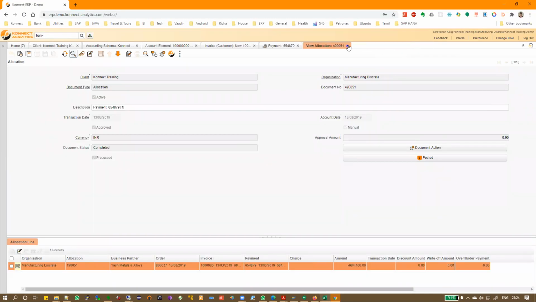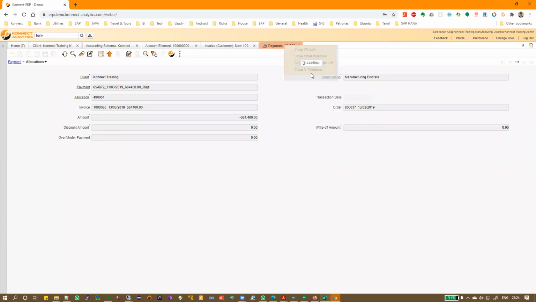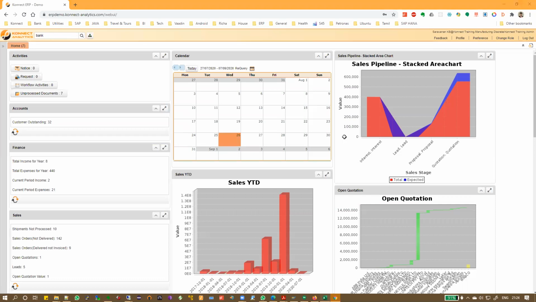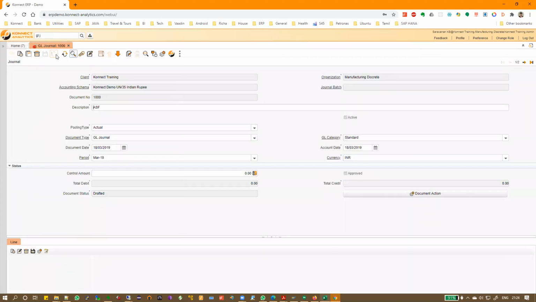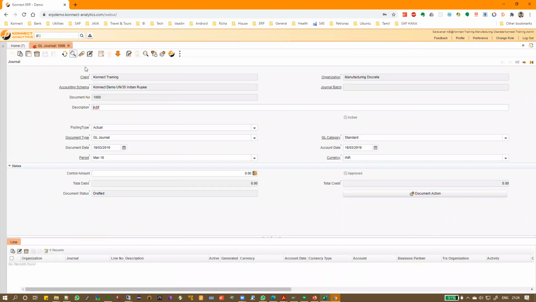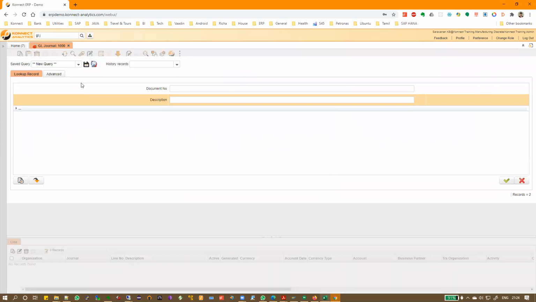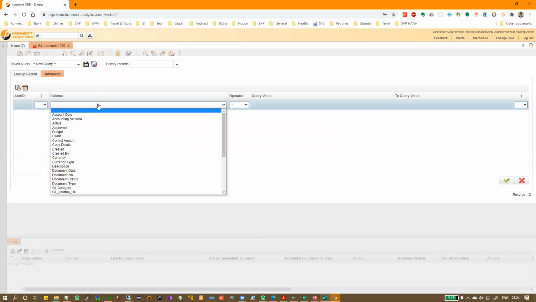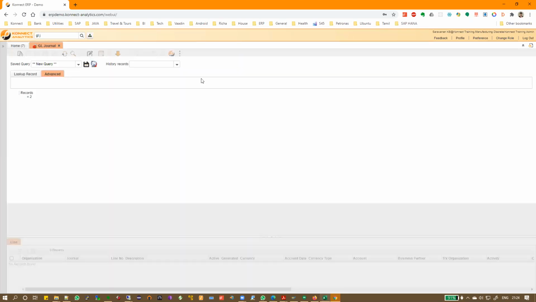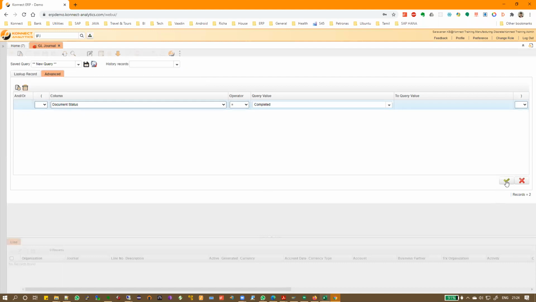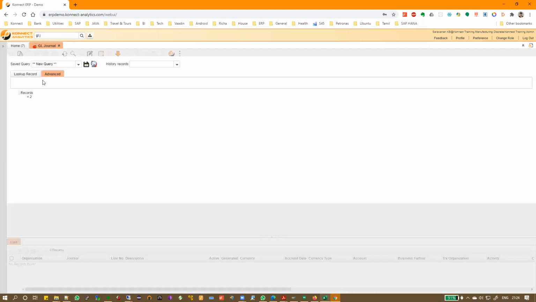Now, there are ways in which you can make a direct posting also, like how I am making here, debit, credit, etc. There is a way to do that. That window is called GL Journal. Now this window is very, very powerful, very, very dangerous. That is why we keep this window locked for most of the cases, unless it is specifically requested by the customer. Why? Because, okay, there are no completed documents. So let me just take one of these documents and complete it.